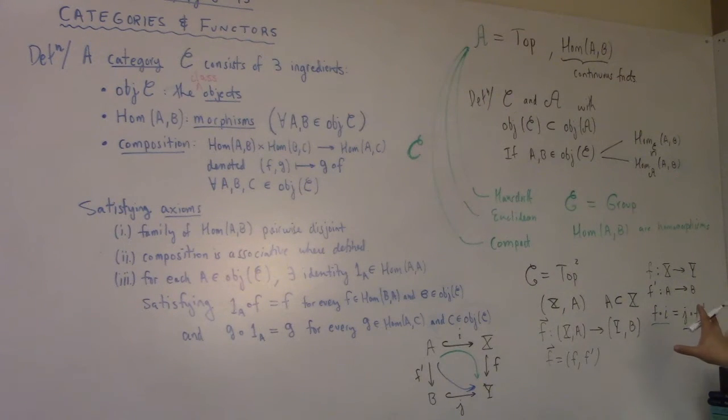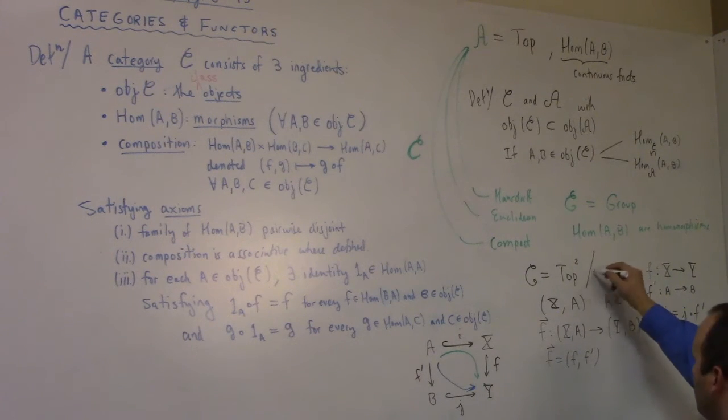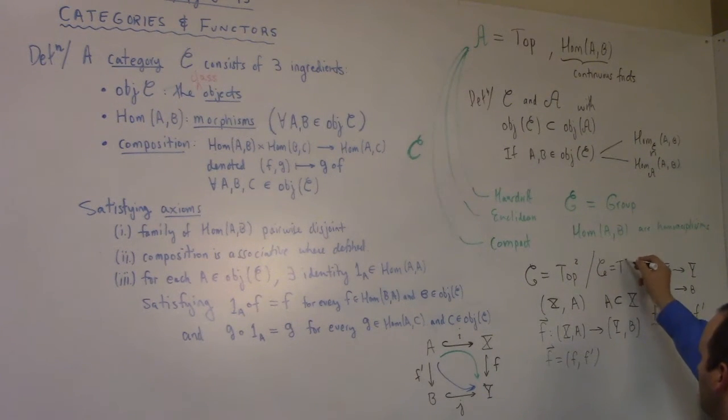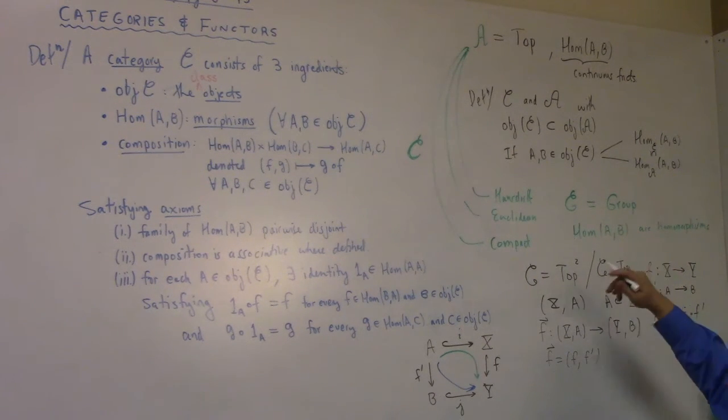Now, the reason I really like this example is what he says next. His next category is Top star. This is the category of pointed spaces. It's a topological space paired with a point. So a point is kind of a stupid subspace, but these are important. This is important to the study of homotopy and other things where we work in some kind of pointed category, not technically the category of topological spaces, but we also carry a point around. So this one's pretty relevant.